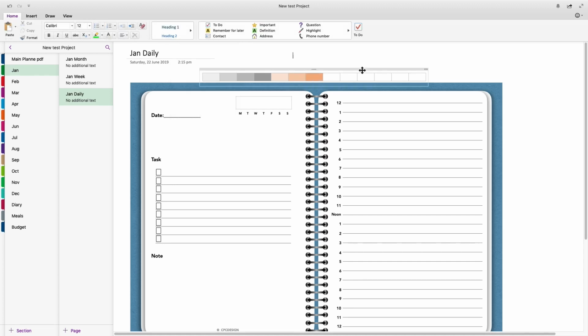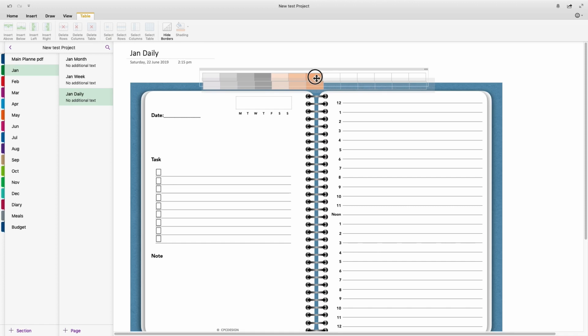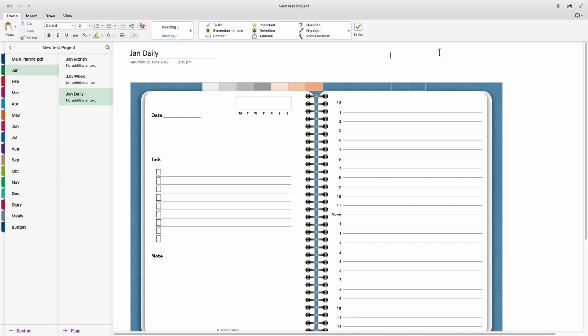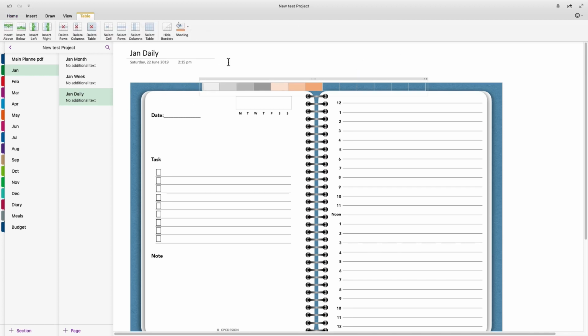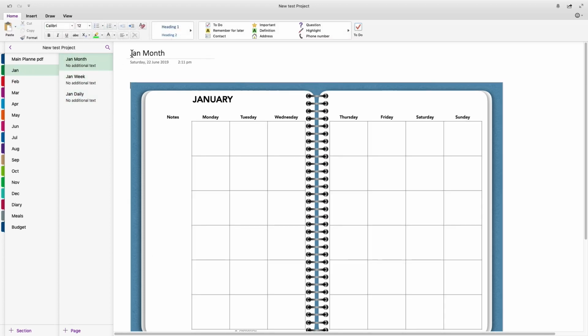Now you could set them on top like tabs if you like. Entirely up to you what you want to do. But what I'll show you is how to link them. So say for instance this first one would obviously be the months I would be putting up here, so this would be January. So what I would be doing is I'd be going to the January month here. I would select all of that and I would copy link to paragraph,